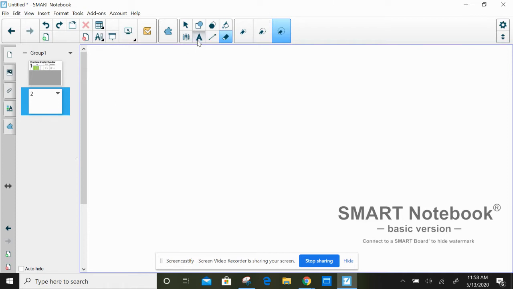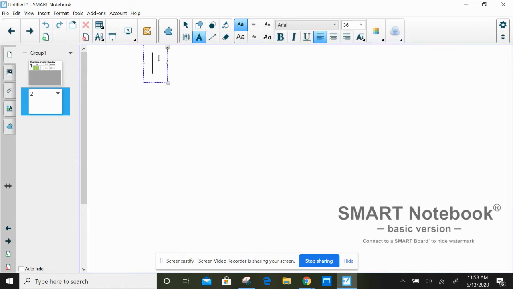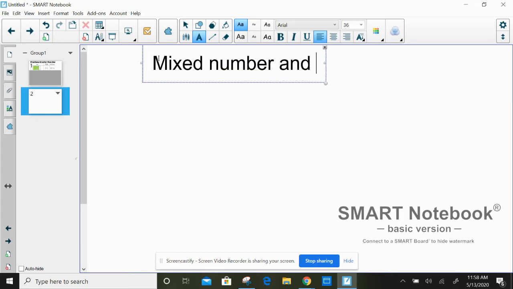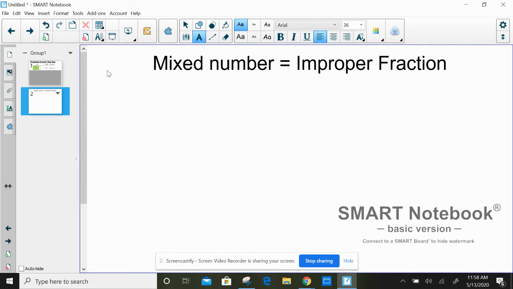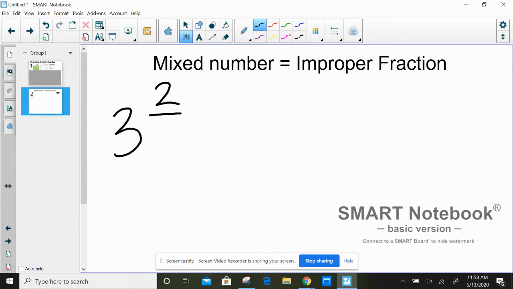So this first slide here, I'm going to show you how to take a mixed number and convert to an improper fraction. Okay, so I'm just going to randomly pick some numbers here. I'm going to do 3 2/5